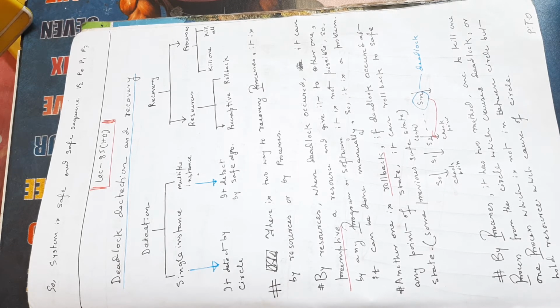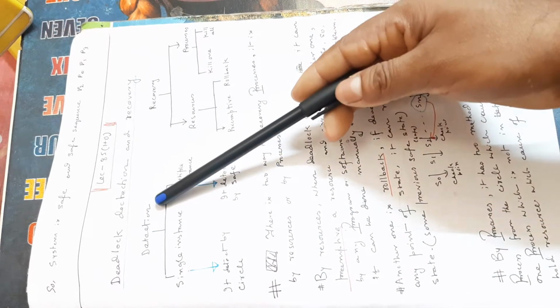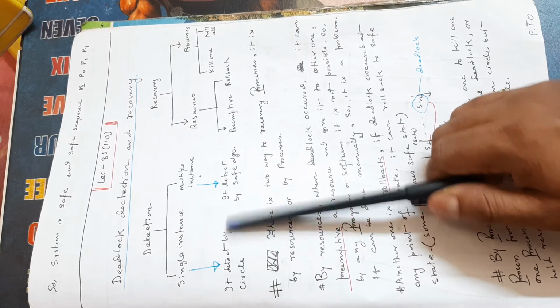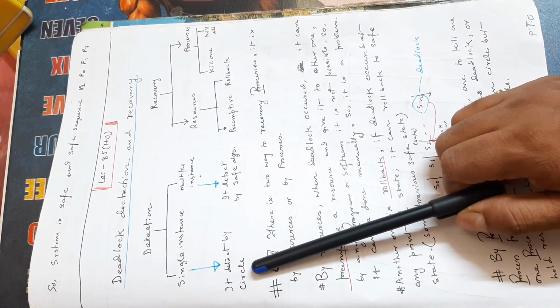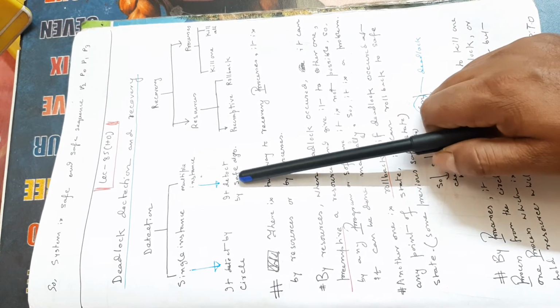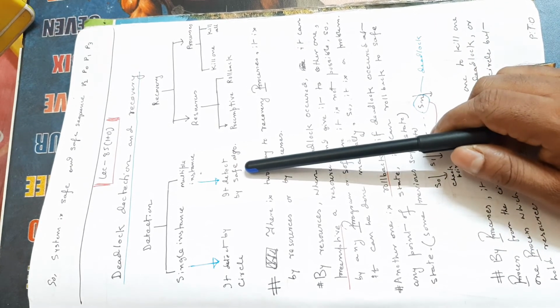Deadlock detection and recovery. We have two processes that we already saw here. How do we detect the deadlock, by multi-instance or by single instance, because we have two types of resources there. In the detection procedure, if it is single instance, the circular chain is fair enough to say whether it is deadlock or not. If it is multiple instance, we can use the safety algorithm or Banker's algorithm that we saw earlier.